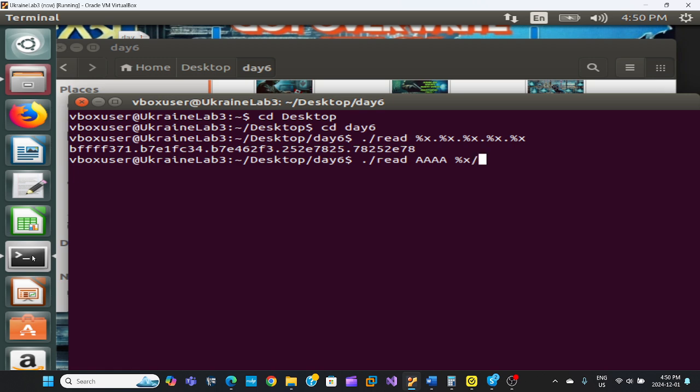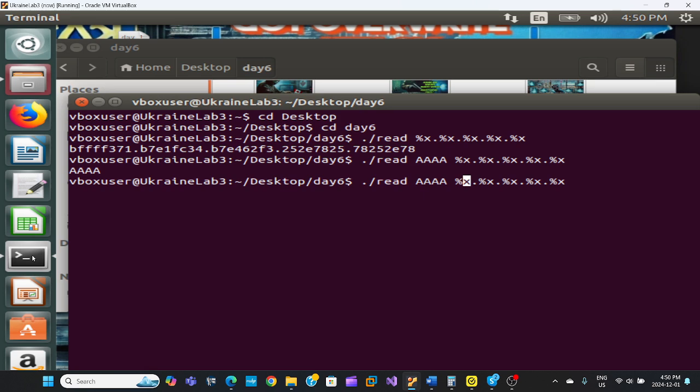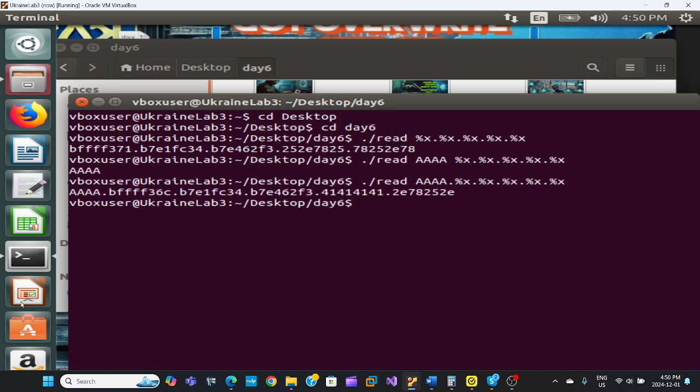Now let's see where that is reflected in our code. Whoops, let's pull this format specifier back a bit, put a dot in here. So as you can see, our A's are being reflected back to us here. So what I'm going to do,